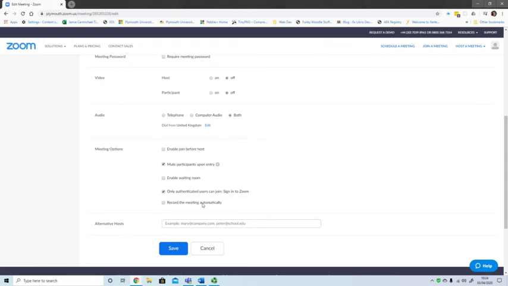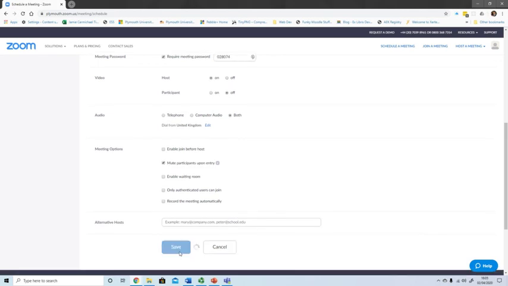And then down here, record the meeting automatically. This just means as soon as you start the meeting it will record it, but obviously within the meeting itself you can hit record. We advise not to click automatic recording, just to give students the time to choose whether their video is going to be on or off. When you're happy you hit save